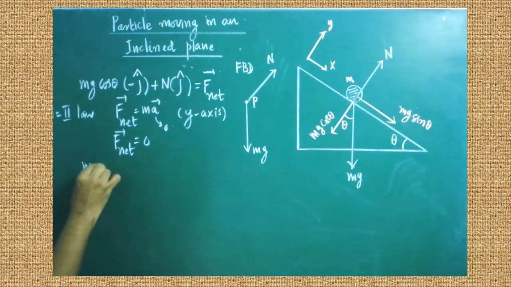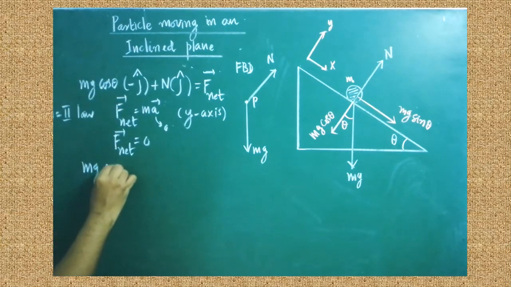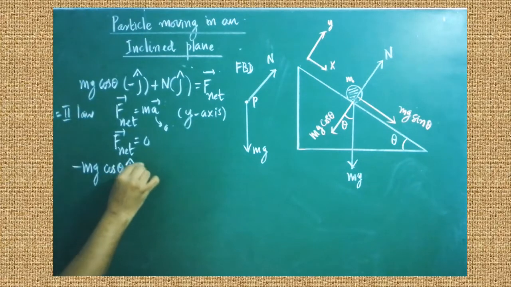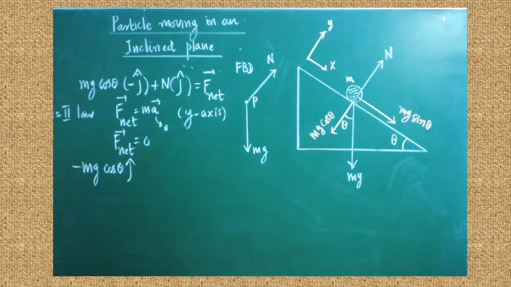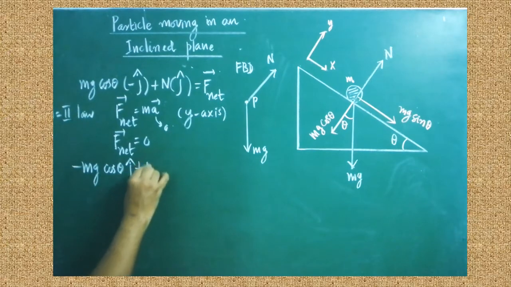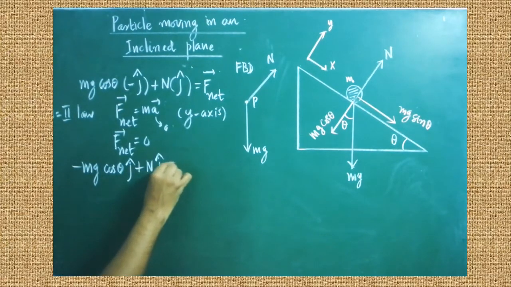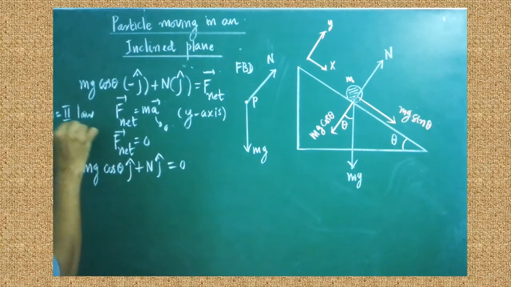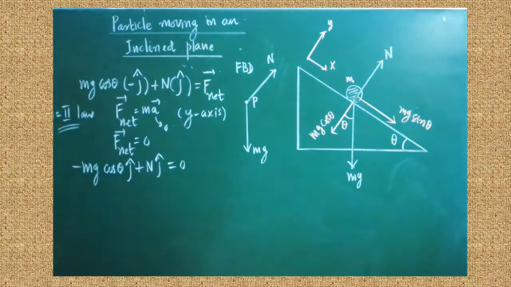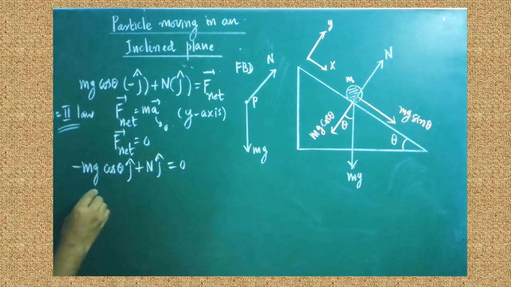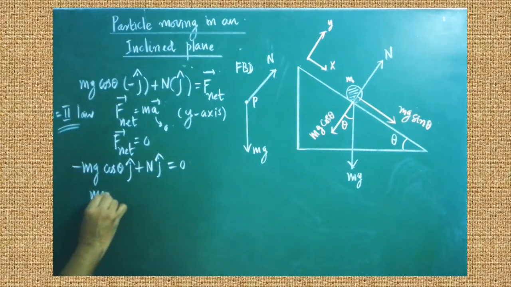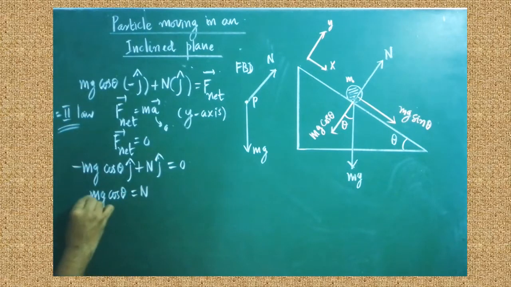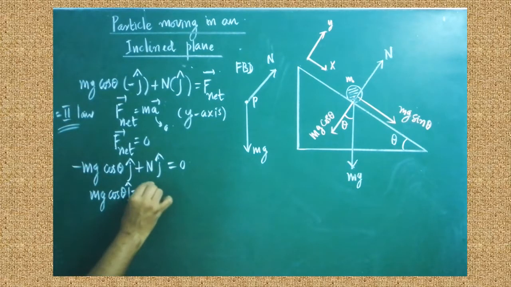Again I will write this equation again: mg cos theta, this minus sign can be written in front, and unit vector j cap must be written, plus N j cap must be written. So write both, F net value is 0. Here we are using Newton's second law, don't forget. Okay, substitute here. Now we can split the equation into two. How? mg cos theta is equal to N j. Are you clear? N j can be written.